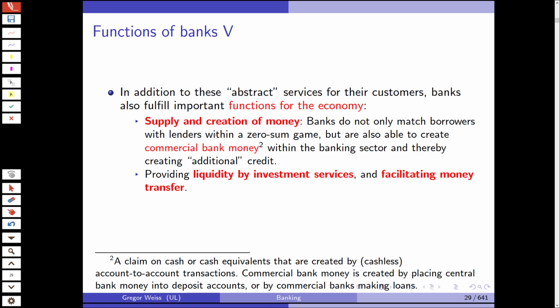But providing liquidity and facilitating money transfer, that's hugely important. If you imagine a world, Germany, US, where suddenly all banks would disappear, how would you pay your rent? How would you pay in a store? Where would you get your money from? In the very end, banks fulfill at least one very important, vital, systemically important function in a modern economy. They offer payment services,